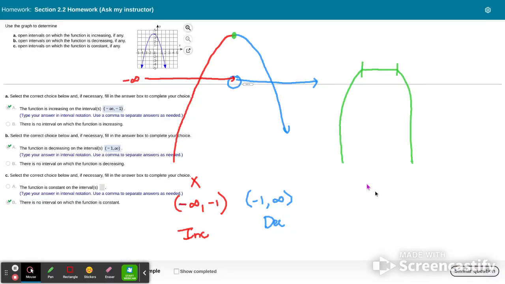Awesome. And so that gets us through that problem. So once again, just interpreting